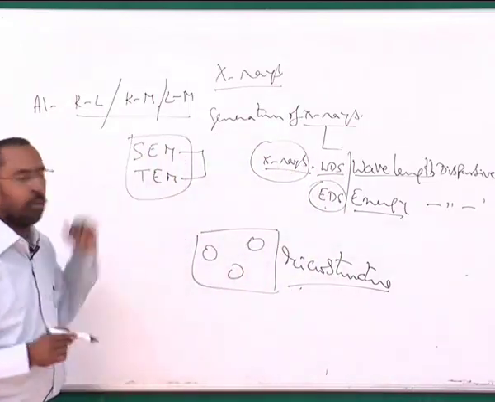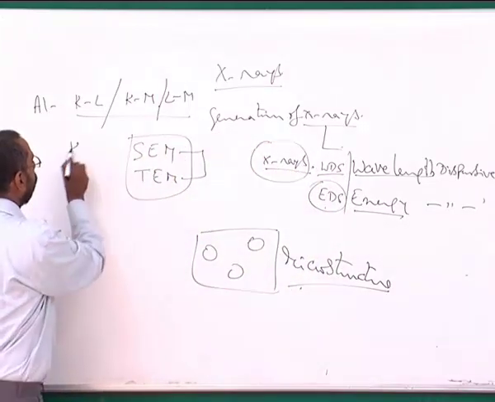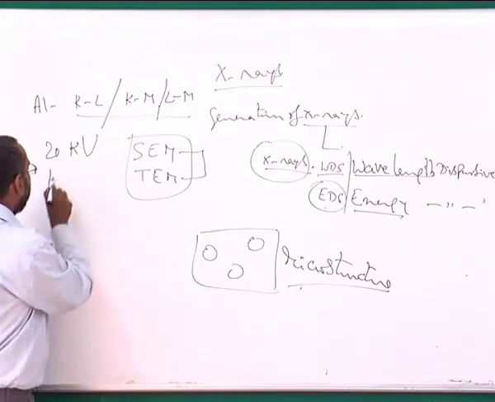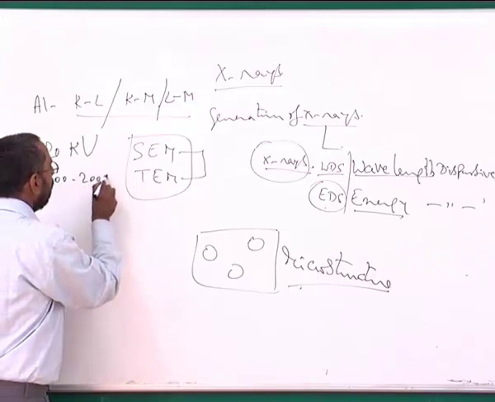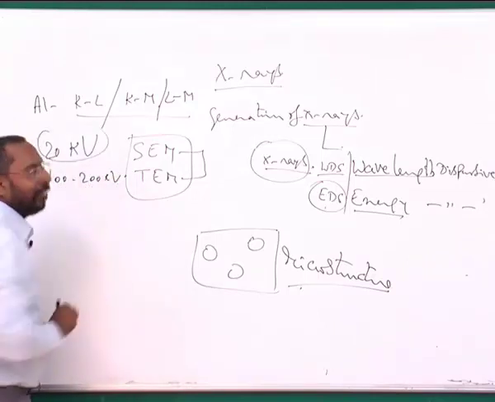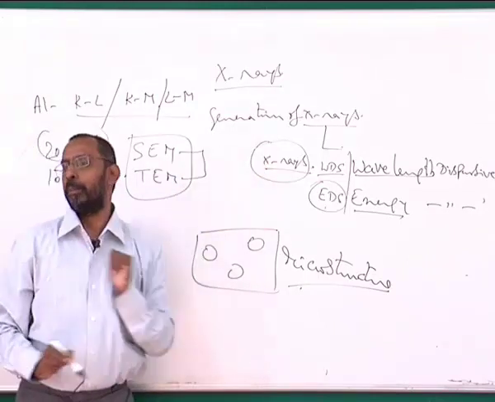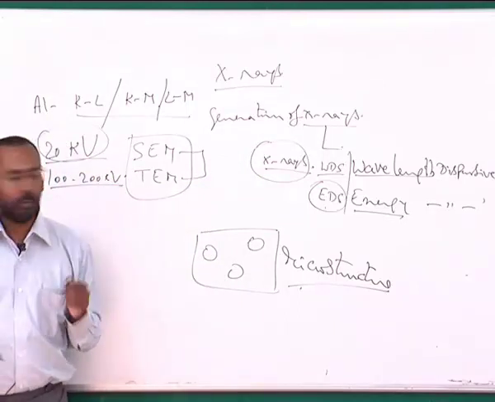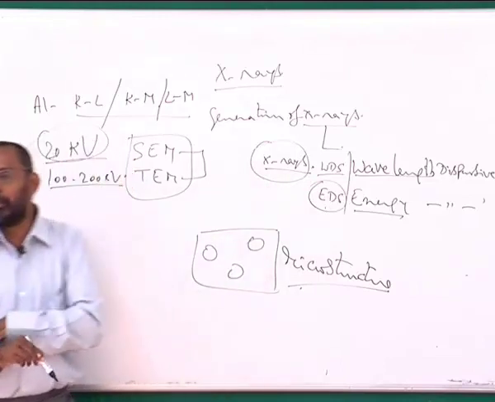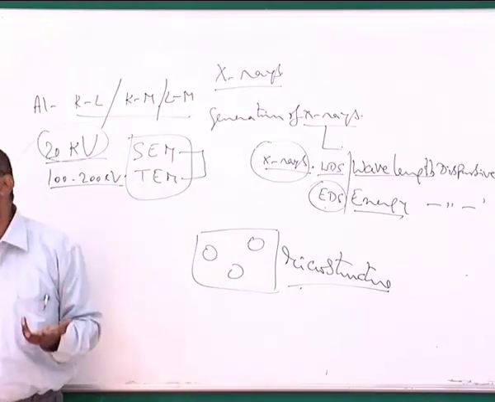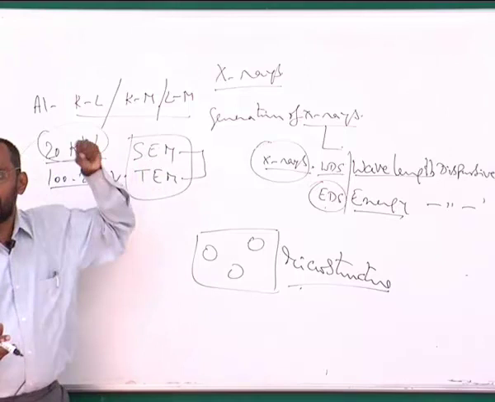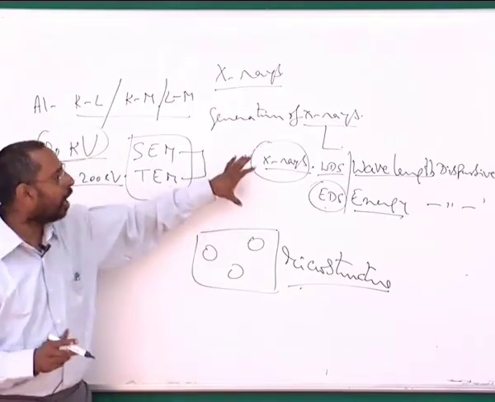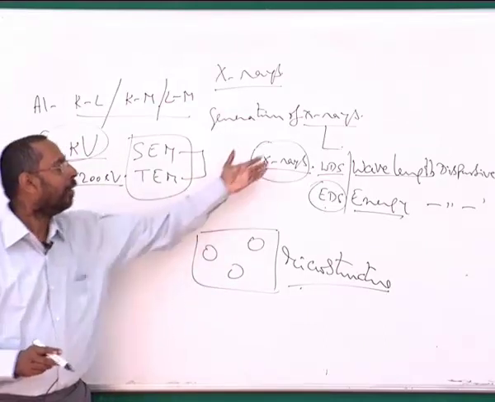And that usually can be obtained if I use a 20 kV or a 30 kV SEM or a 100 or 200 kV TEM. This energy is sufficient to knock off an electron from a sample, and as a result, this is what we regularly use. So we do not have a WDS or an EDS with an optical microscope. You need a source of electrons or source of radiation which has sufficient energy to knock off an electron from a metal and to generate the X-rays.